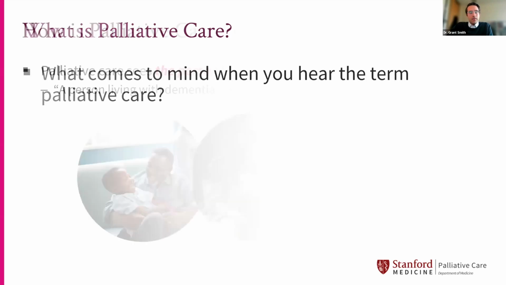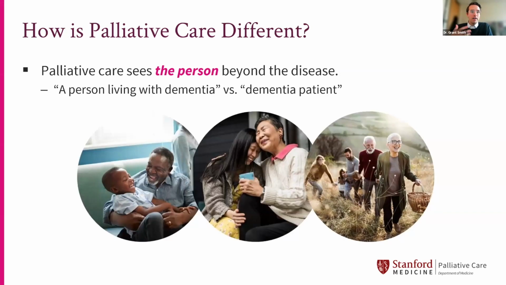One of the things that I think is helpful to recognize about how palliative care is different is we do have a little bit of a different philosophy. And I think Alan was really getting at this in his comments. A lot of us really think about seeing the person beyond the disease, and even a turn of phrase as simple as, this is a person living with dementia versus a dementia patient. So it's a little bit of a turn of phrase, but I think it reflects the mentality that we try to take as we're thinking about how to help someone, that this is a person first and they happen to have this illness. And we really try to focus on their personhood as the center of our care.